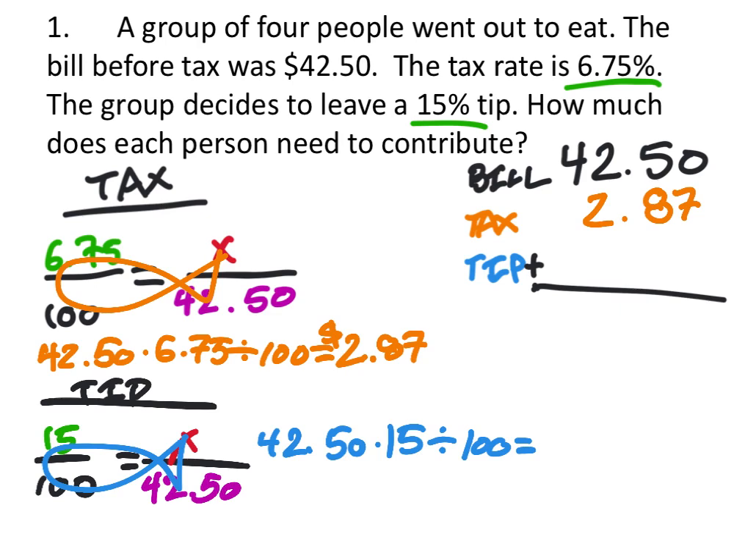42.50 times 15 divided by 100 equals 6.375. So for me, I'm going to write that as 6.38 if I round that up to the nearest cent anyway. So that's 6.38 there. Now what I want is the grand total of the bill, which is just the sum of those three numbers, 42.50 plus 2.87 plus 6.38. I push enter on my calculator, and I get